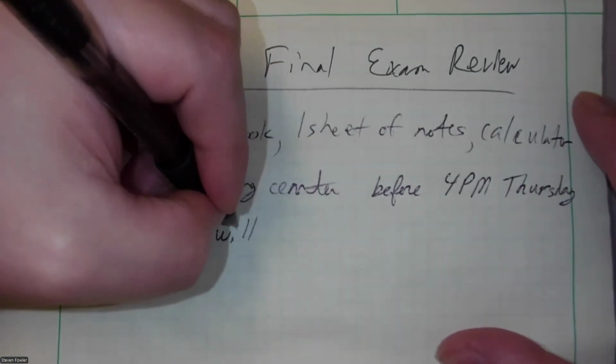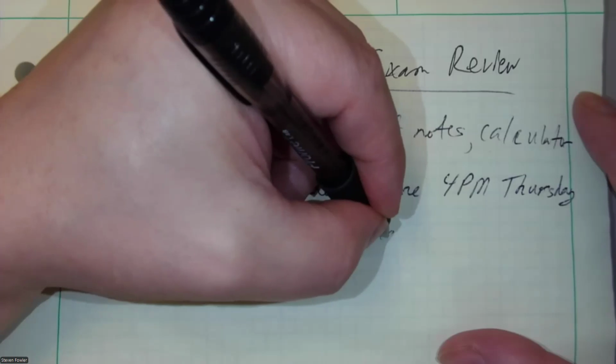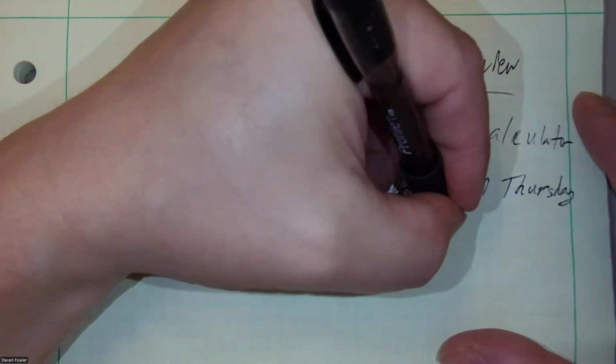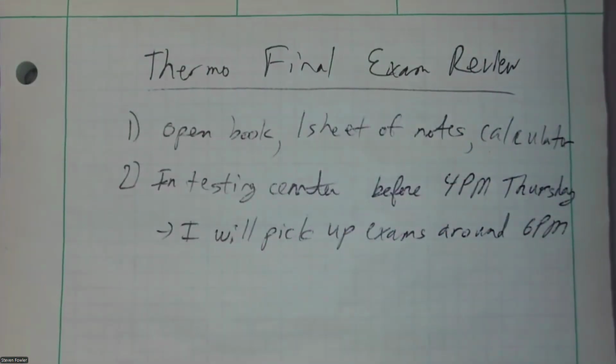I will go to the testing center and pick up exams around 6 p.m. It might not be exactly 6, but I would not gamble on me not getting there till 6:30. And the other thing is I guarantee you don't want to be in the testing center